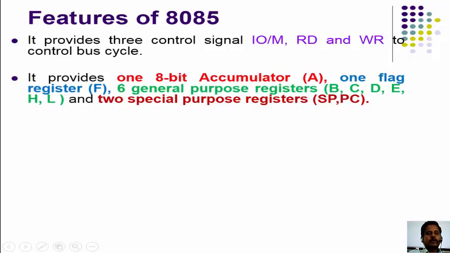It provides an 8-bit accumulator, then one flag register, that is F register, and 6 general purpose registers, that is B, C, D, E, H and L, and 2 special purpose registers, stack pointer, that is SP, and program counter, PC.